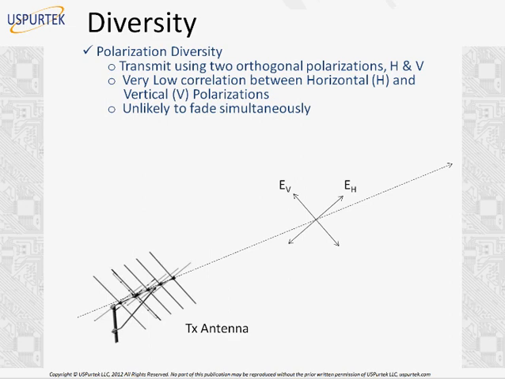So after time diversity, we have polarization diversity. Now this is very straightforward. In the previous webinar, we have seen that we can have multiple polarizations, vertical and horizontal. We can have a circularly polarized transmission where we have an electric field with a vertical EV component and an EH component. Now it is determined by measurements that,